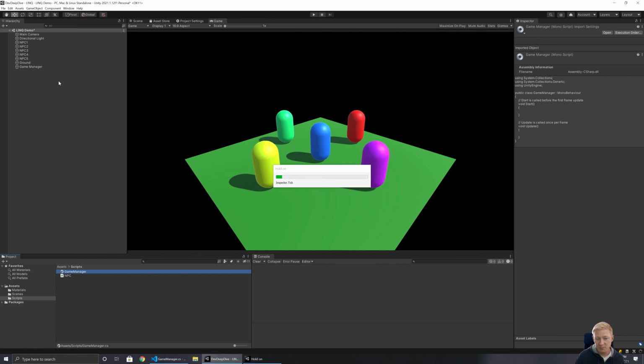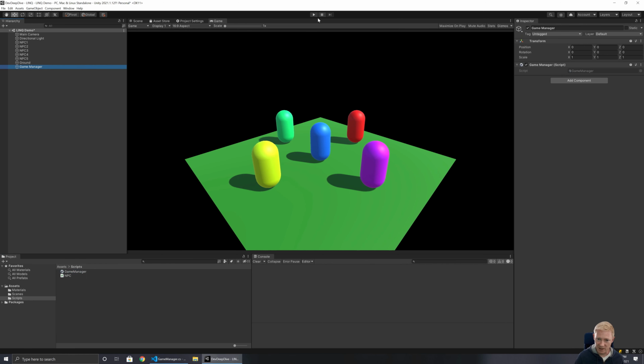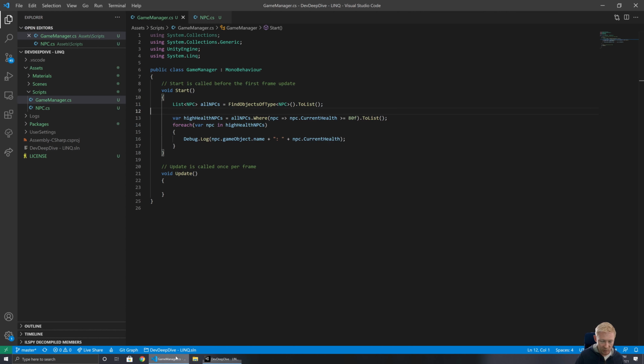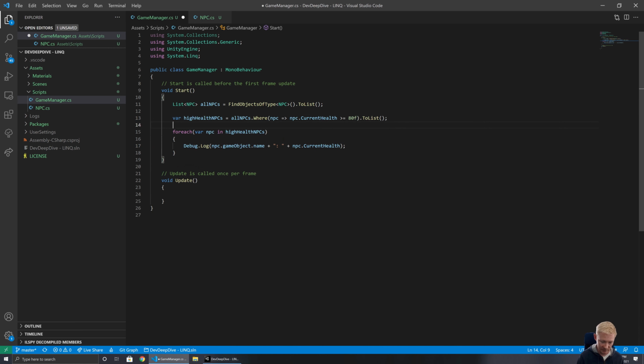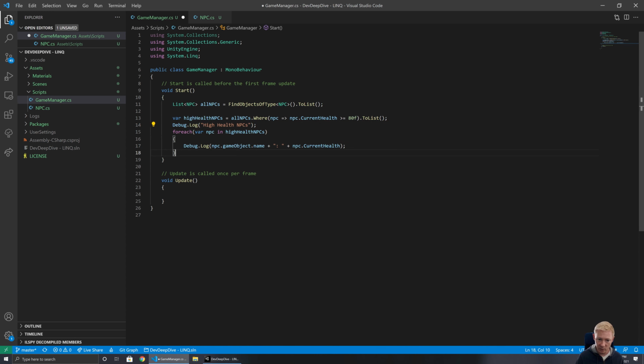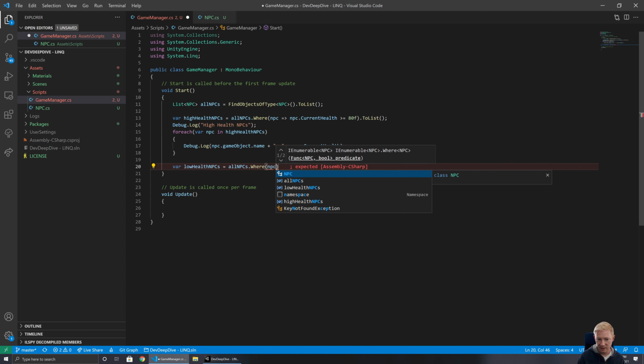We won't initially sort it, but we will actually do that as the next step because LINQ, again, allows us to retrieve information, but also to process stuff with it. So we can see we've got 2 ones. So that's good. We might want to order those though. So actually, we'll do this just for the low health NPCs. So this will be debug log high health NPCs. And then for the low health ones, so var low health NPCs, all NPCs where NPC